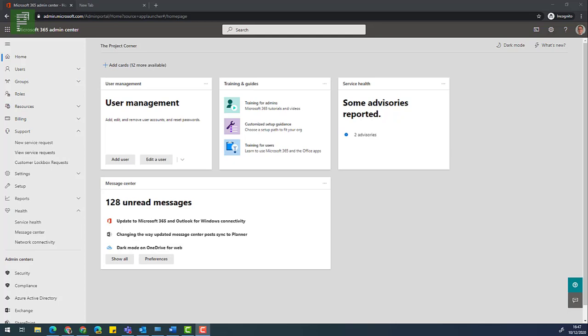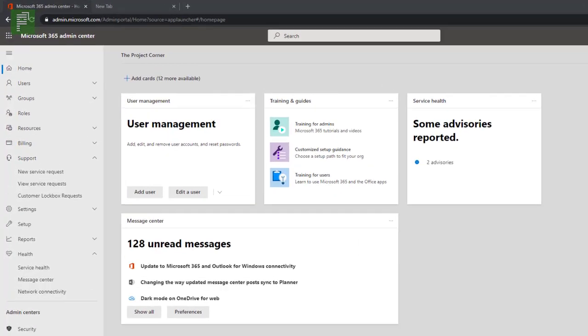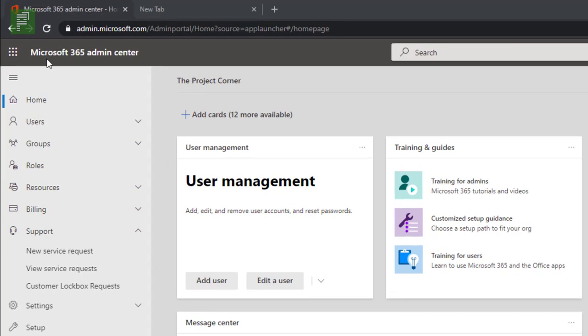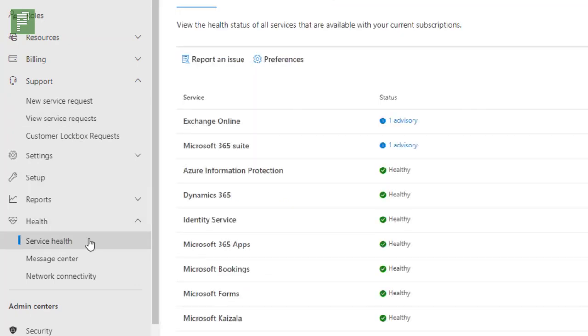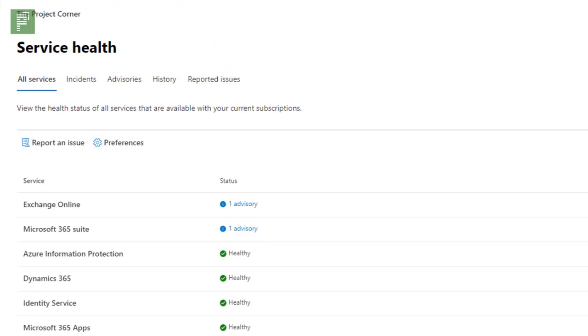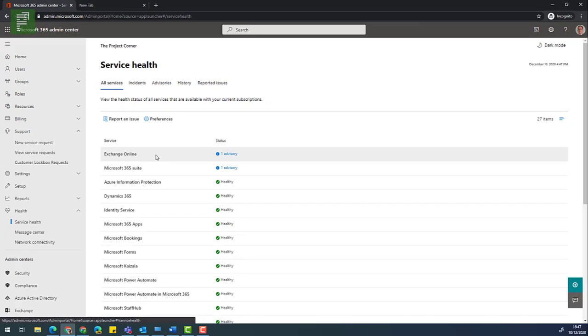The first thing you want to do is head on over to the Microsoft admin portal for Microsoft 365 and navigate to the health status, because the service health talks about general issues that Microsoft is currently involved in and giving advisory on that, or even talking about incidents or issues. So if your issue isn't on this list, you might want to go in and add that support request or